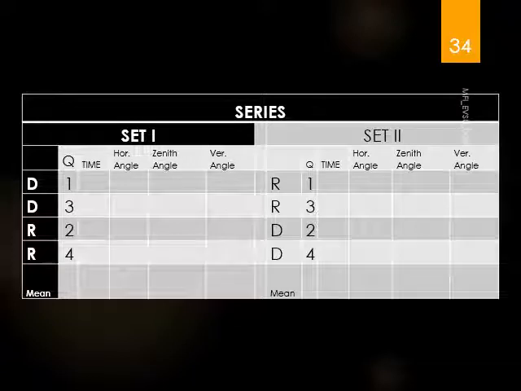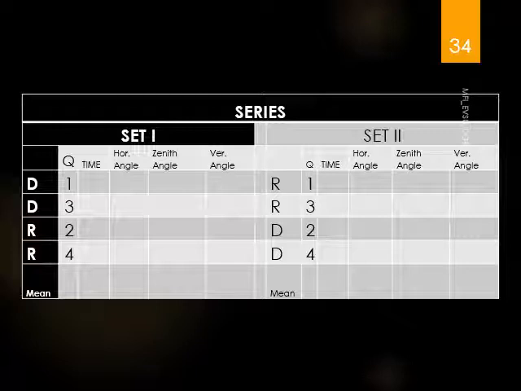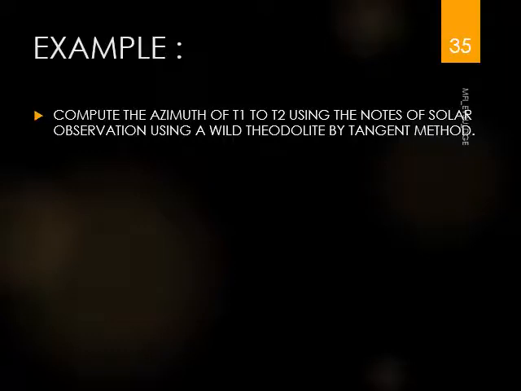So this is a sample format of the table that we need to fill up in conducting a solar observation. Yung direct, reverse, kung anong quadrant, quadrant 1, quadrant 2, 3, and 4. So yung oras mismo ng pagbasa, yung horizontal angle reading, zenith angle, and the vertical angle. So meron tayo, they have here a sample computation to in the setup na nagkakandak sila ng a solar